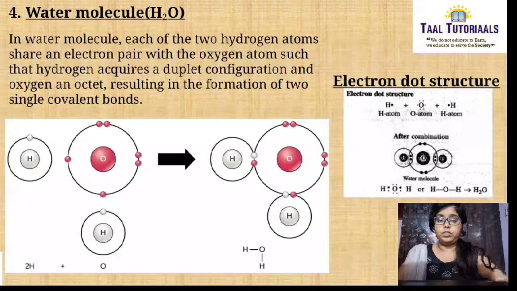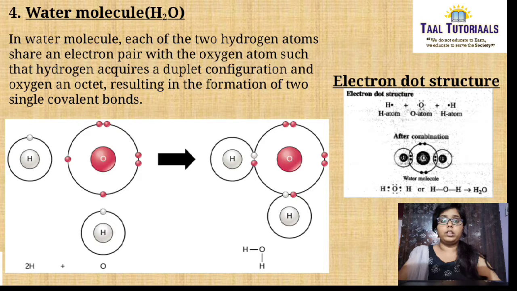Okay, first we'll go to water molecule. In the previous part we have learned about the formation of covalent bond in hydrogen molecule, chlorine molecule and nitrogen molecule. Now we'll continue that. That is, now we'll go to water molecule. In water molecule, each of the two hydrogen atoms have only one electron. To attain stable electronic configuration, they need one electron each. So one hydrogen atom needs one electron, one more hydrogen atom needs one more electron.